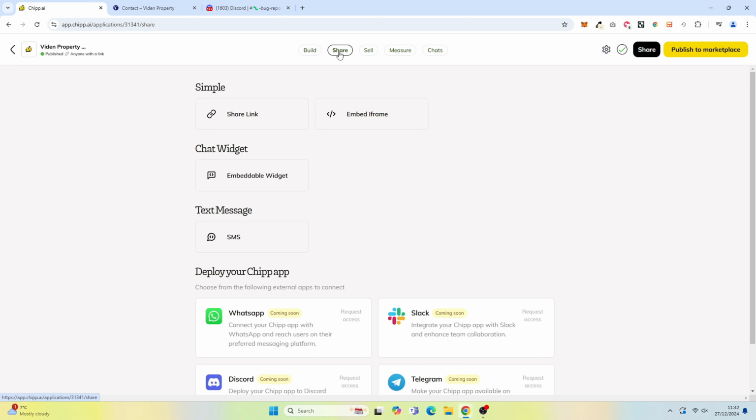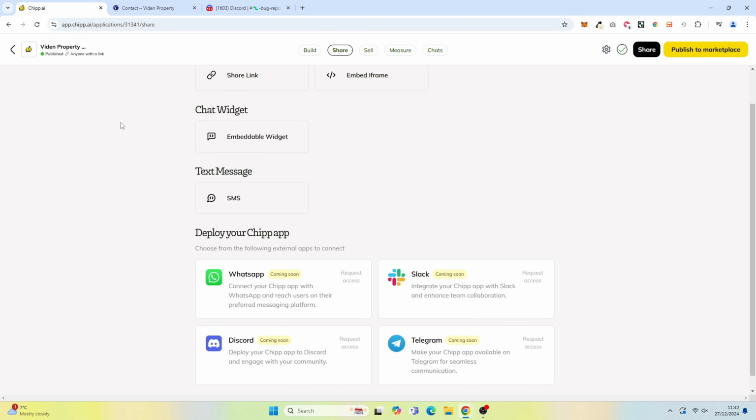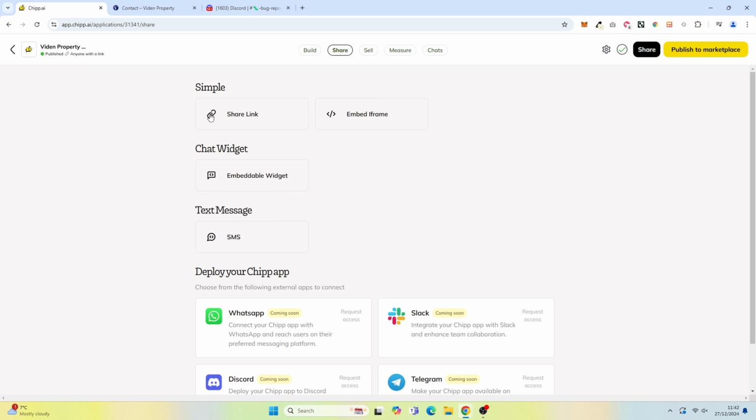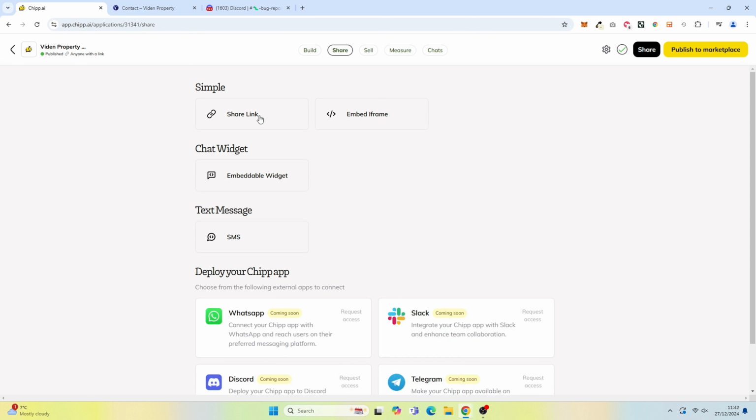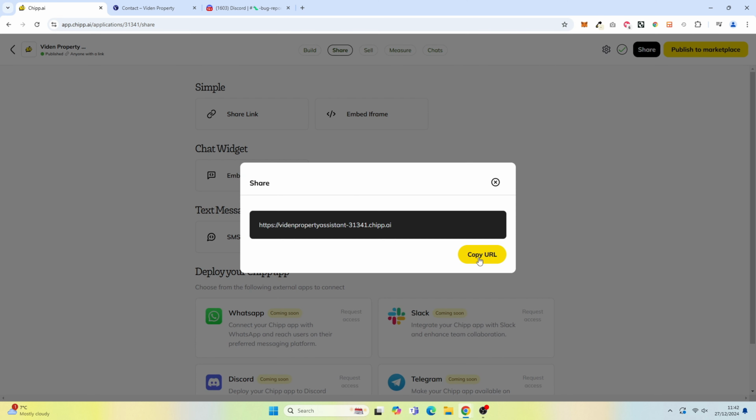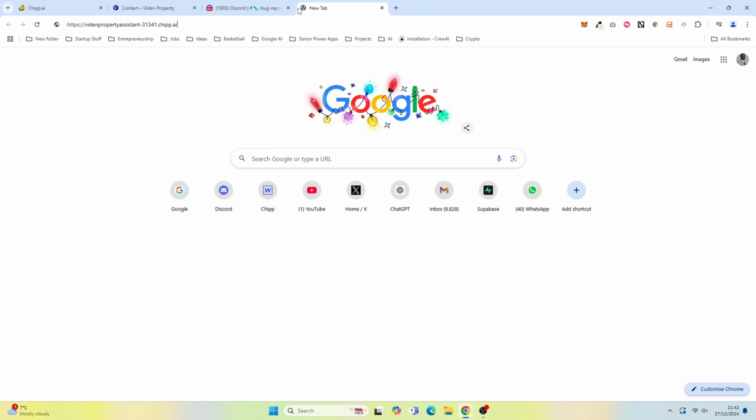Lastly, we want to go to the Share tab, and in the Share tab, we can either provide a link, we can create an iframe or embeddable widget, or even an SMS if you want users to communicate with your assistant via SMS. An embeddable widget will probably be what you would want on your website that sits in the corner just here. For the sake of the tutorial, I am going to show you the working version as a share link. So I copy the URL,